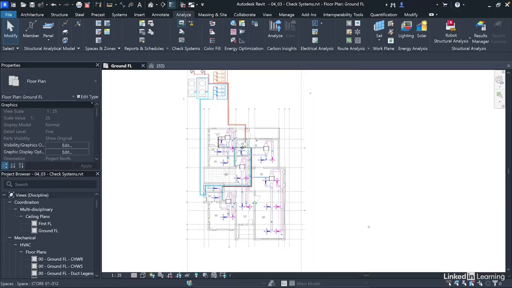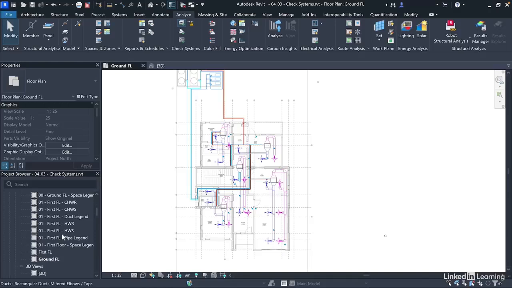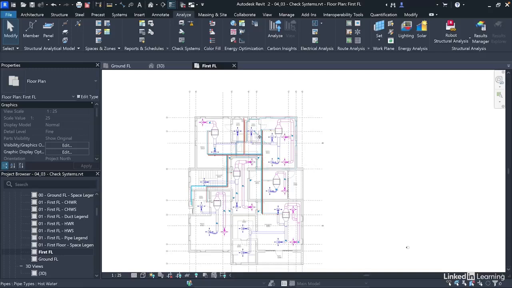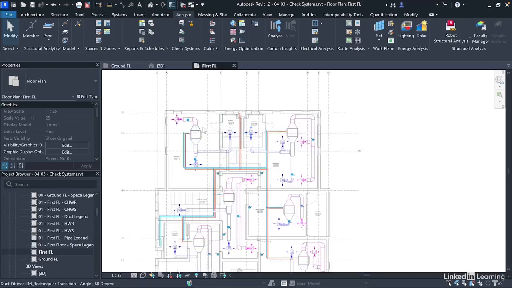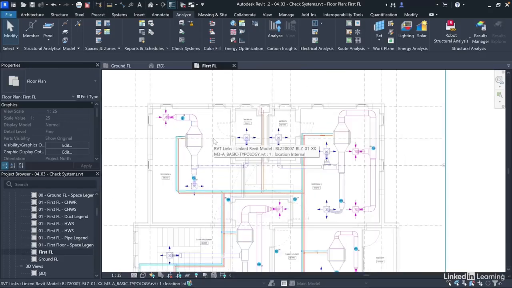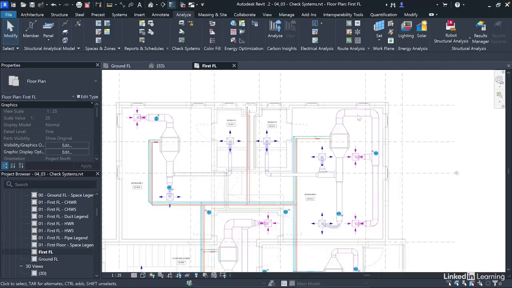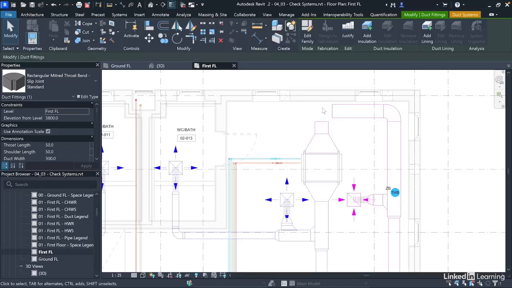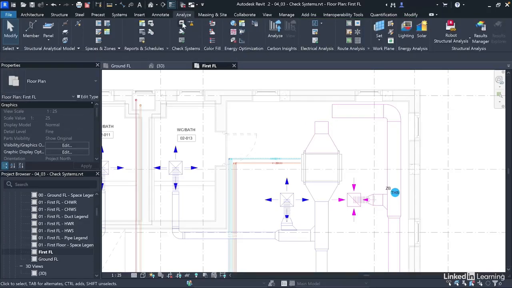So currently it doesn't show any warnings, and that's because it has not identified any critical issues in the supply and return air system. You can also check the first floor and see if it flags any issue. This is because we've taken our time to make sure that everything is properly connected, both physically and logically. So just to show you, if I delete maybe one of these components here, and then I check this, you notice that it will immediately flag this as an issue.